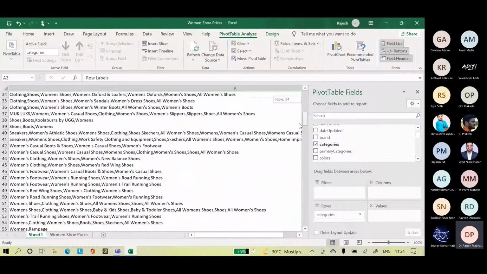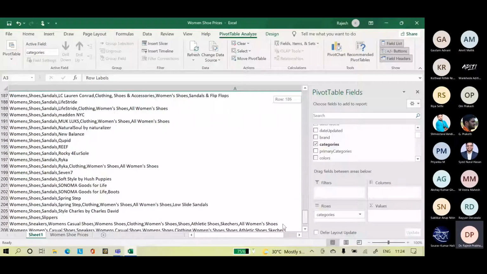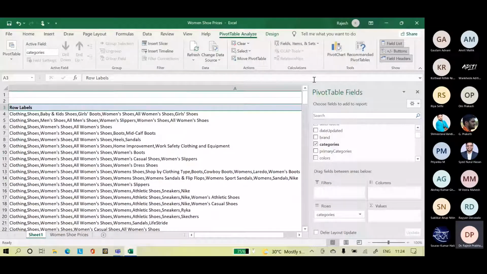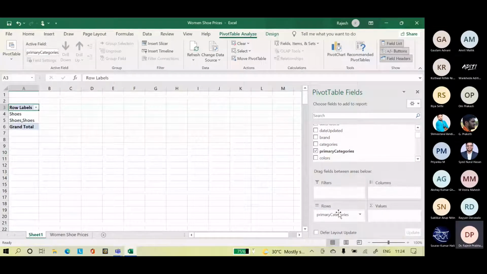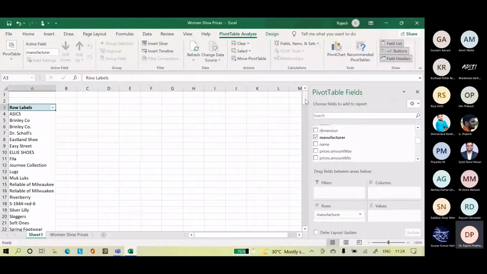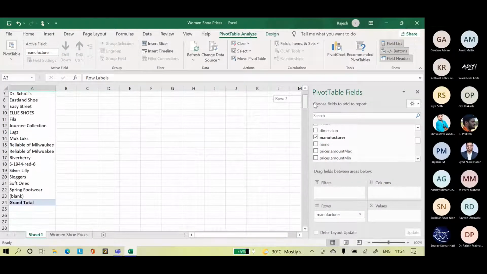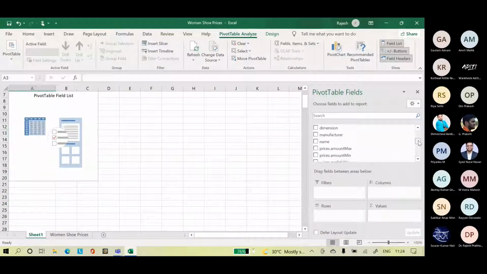Typically, we have to see the various categories separated by comma. So this again is a problem. The primary category is only shoes. Within the primary category, manufacturers, I think there are many. We have to do cleanup actually.